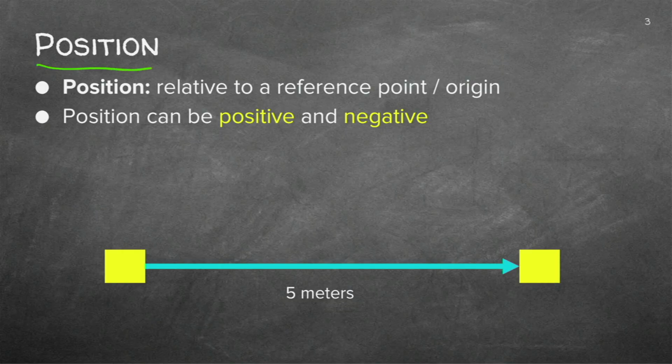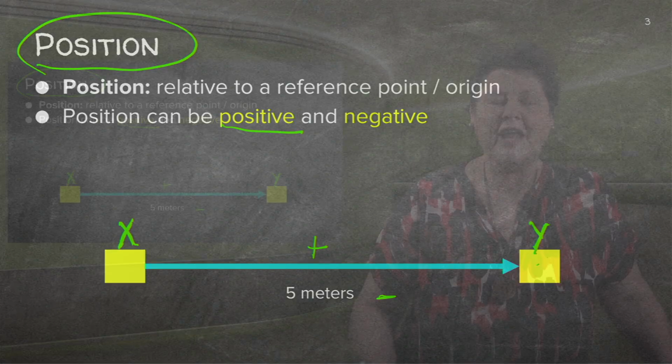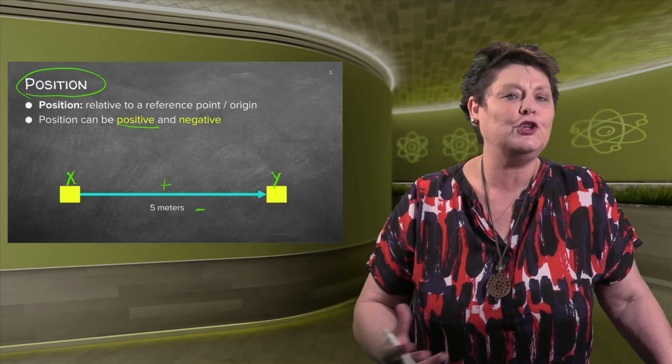So now let's explain what position means. Position means I was at point Y and I'm now at point X. Oh no, I started with X, I'm now at point Y. So this is the position that you are in reference to point X. So it's positive to the right side, but from the Y to the X, it is negative. So the position is, where are you now? Where's the box now? Where's the dog now?